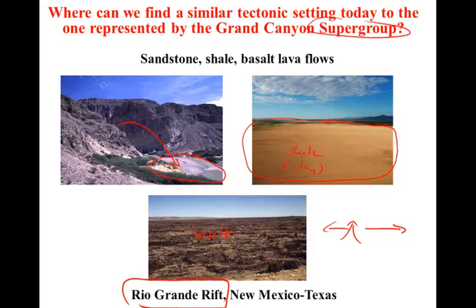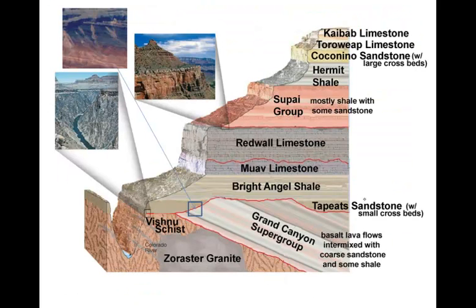Again, using our knowledge of where these different rock types form and why they might be found together in a set of related units allows us to infer what the tectonic setting and geologic environment of the Grand Canyon region was at the time the supergroup units were being formed. It was a continental rift zone. The remaining part of the sequence,